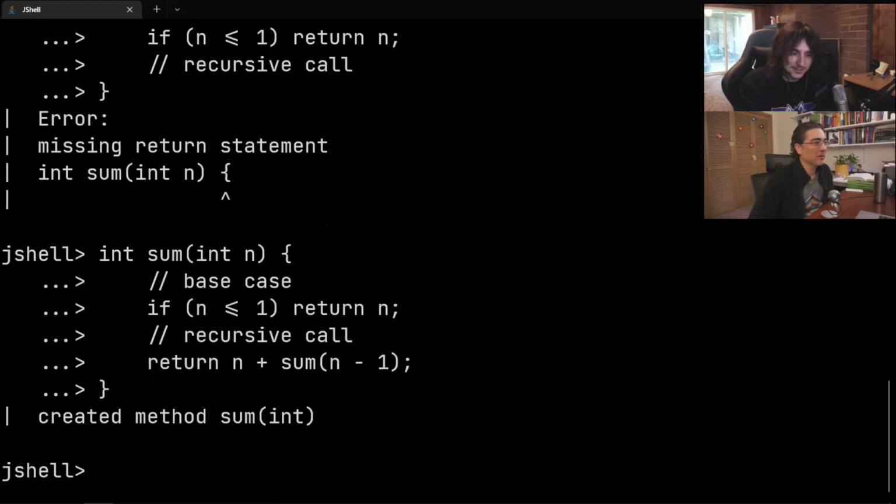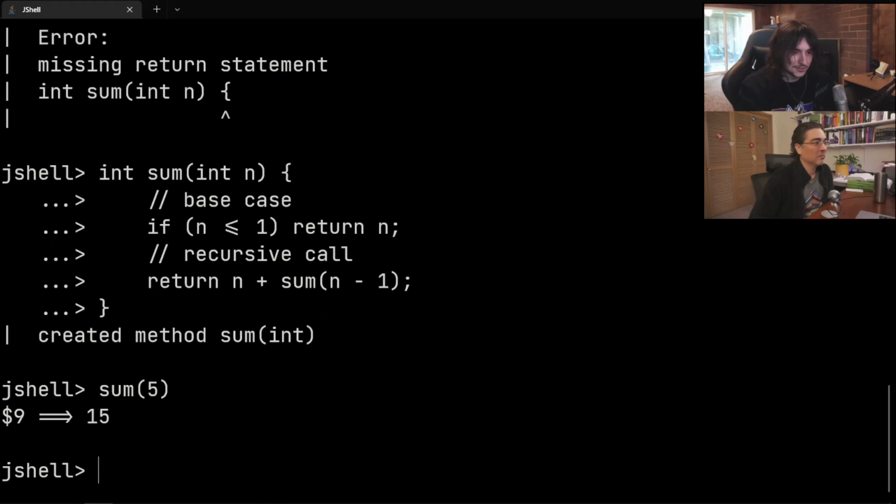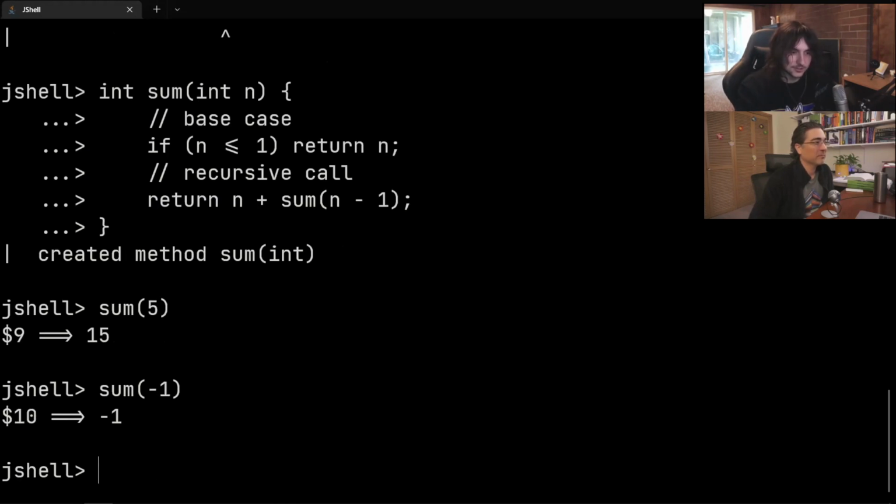Yep, I love it. So now sum of 5 should be 15. These negative numbers should just be negative, and that's this line right here where we're returning n. Yeah, that's that part. I love this because, okay, so what you're doing